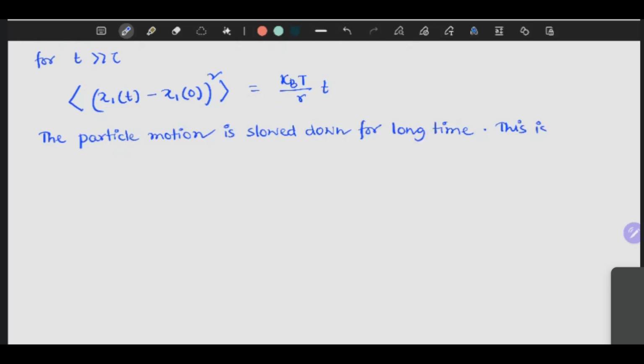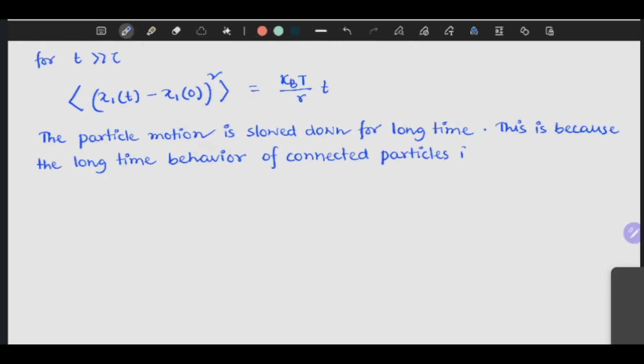This is because the long time behavior of connected particles is determined by the motion of the center of mass, right? For a two particle system, the center of mass,